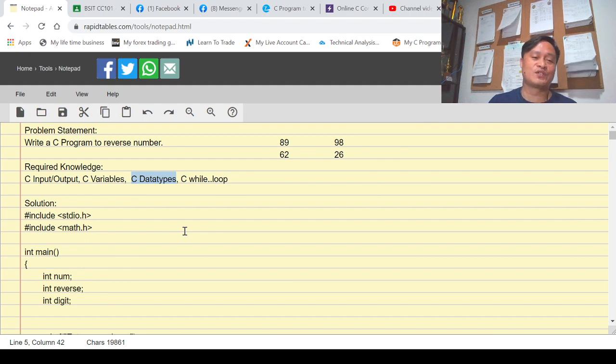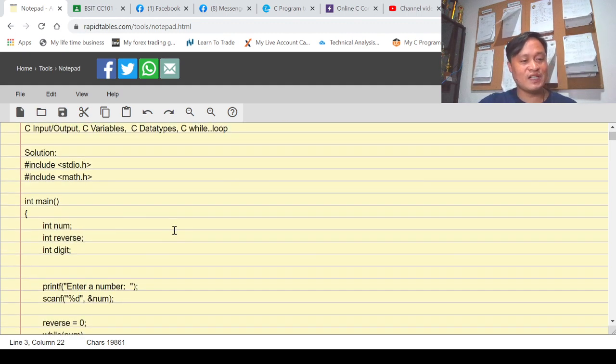Declaration of variables in the C programming language plays a vital role. And then we'll be using a while loop, so it's a loop statement. So again and again, if your value is 89, it will be converted to 98, and if 62, it becomes